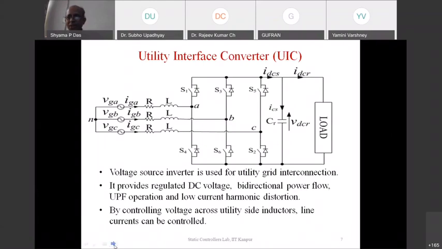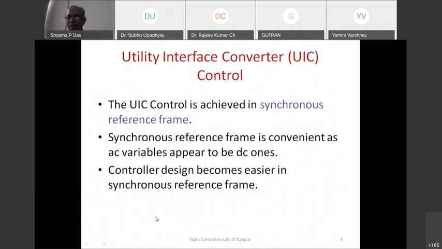Okay, that is a question. What is the conventional voltage rating of the DC bus? Actually, there is no standard available. It depends upon the load that we are using. It could be a few hundred volts. It should not be a very high voltage, but for a specific application, it has to meet the load requirement. It could be a few hundred volts, maybe 100 volts to 400 volts, in that range.